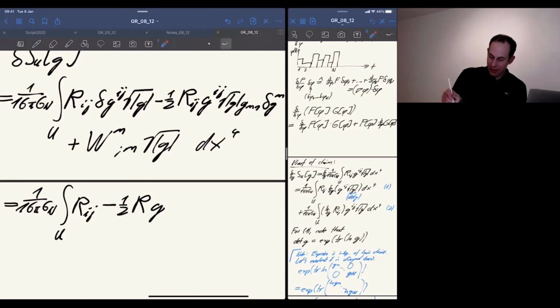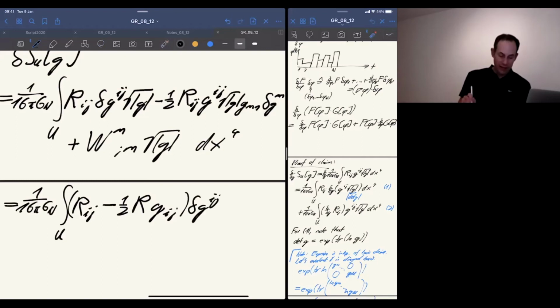Let's again relabel things. So here I have an Mn and again an Mn. Let's relabel them by Ij. I think I'm allowed to do that, and this is of course useful because here I have a delta Gij. So I want to label this in the same way so that I can just take the delta Gij out of the whole integral. So think of this summation here as gij times gij. And then this looks like gij here. And then out of the bracket, I can now write just jointly the delta eij. And I still have the square root of this.